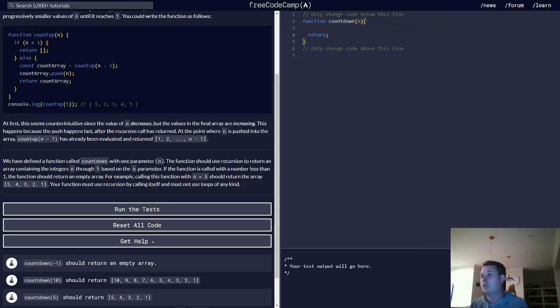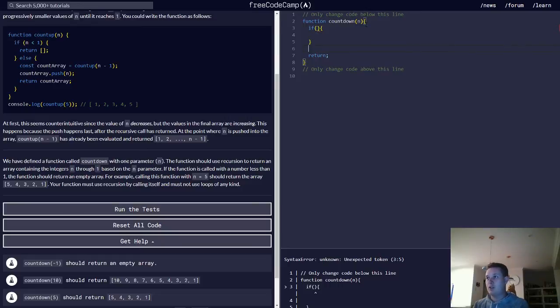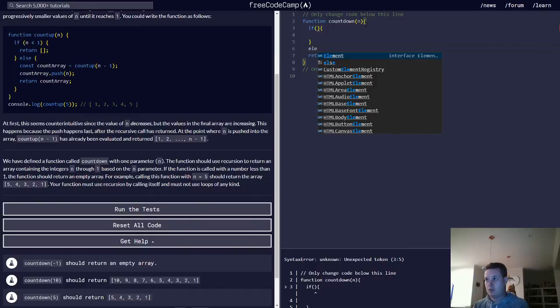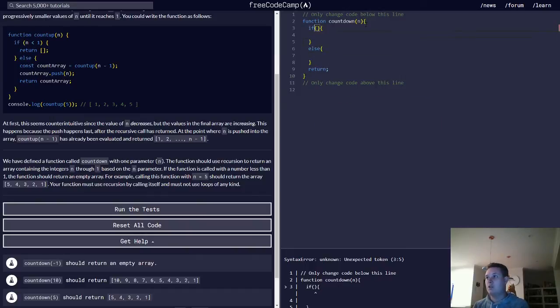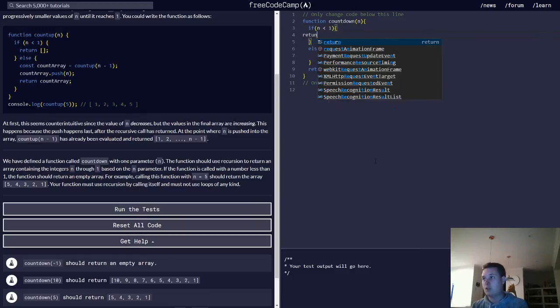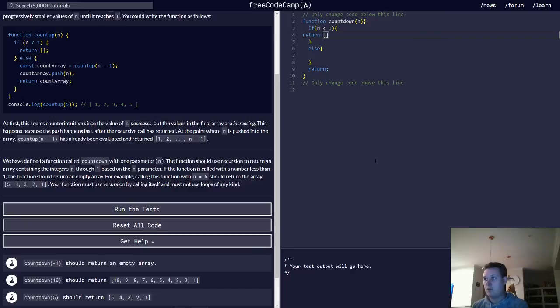So first thing we can do is start with an if. When you use recursion, it's just an if and then else. And the if is, as it tells us here, if the number is less than 1, return an empty array. So if n is less than 1, return an empty array. And while it's not, then we're going to do return